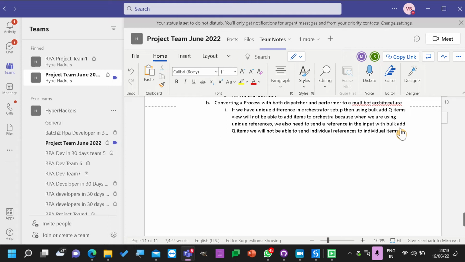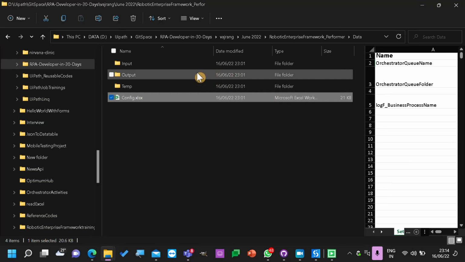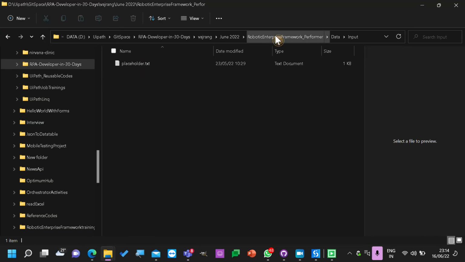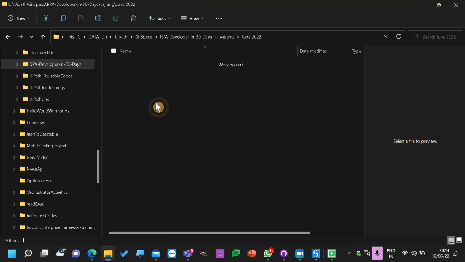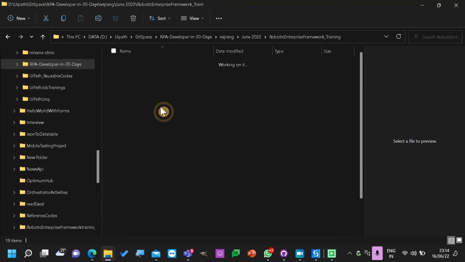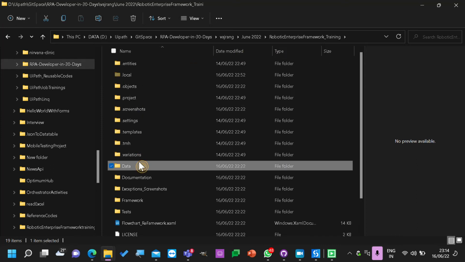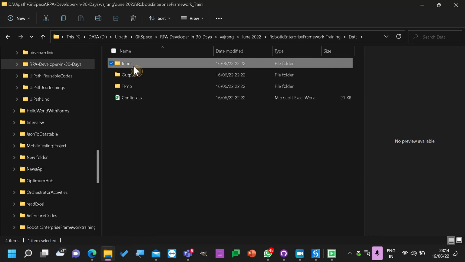Sometimes what we normally do is use a single column. For example, this can be one of the scenarios. In the input file, let's see data in the input.